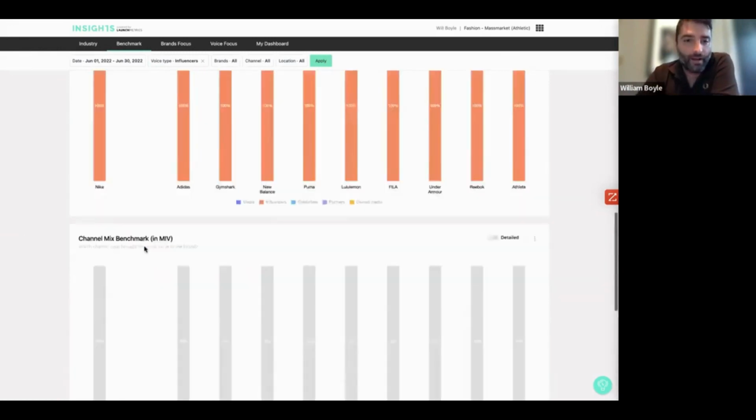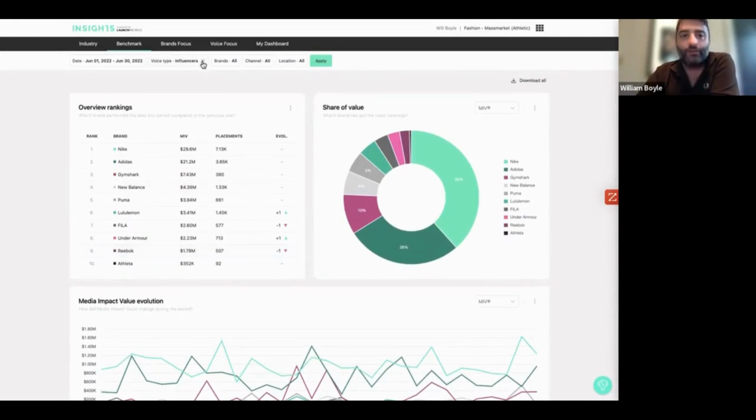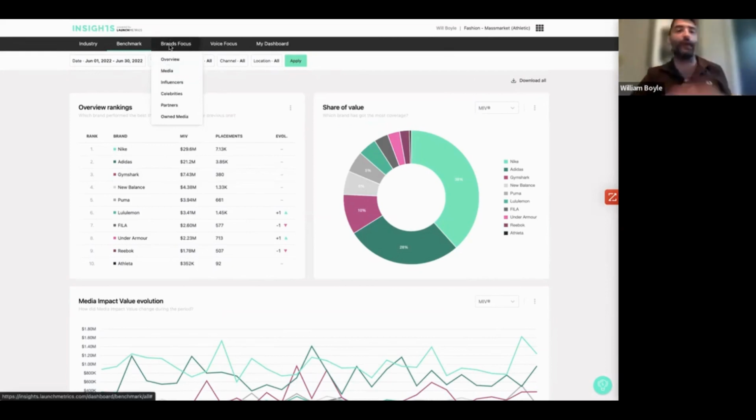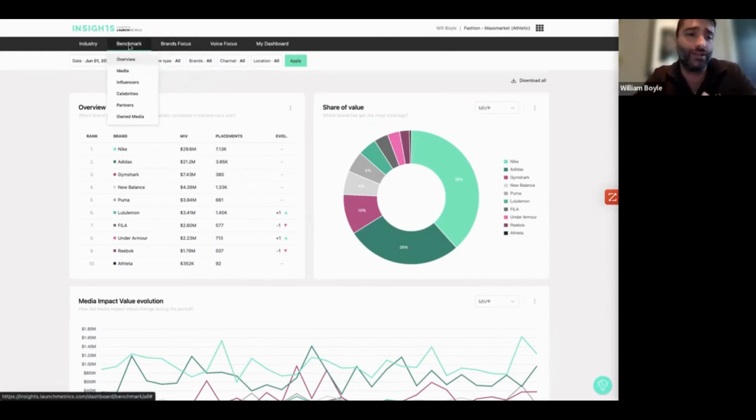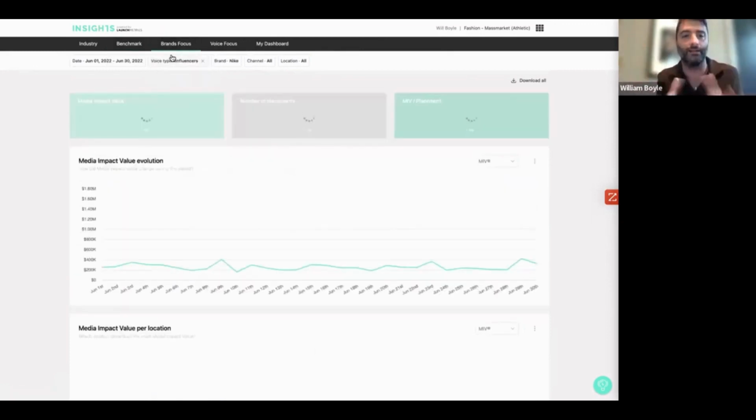So moving on, I want to show you guys a few different views in the platform and the ways in which we can dig a little deeper and slice the data. So the next thing I'll do is move the Zoom bar. What I'm going to do is come into the brand focus. As we were looking at the benchmark page, which allows me to drill into any of these voices and see those similar charts, what I'm going to do now is come into a brand focus, which is going to take a look at an individual brand.